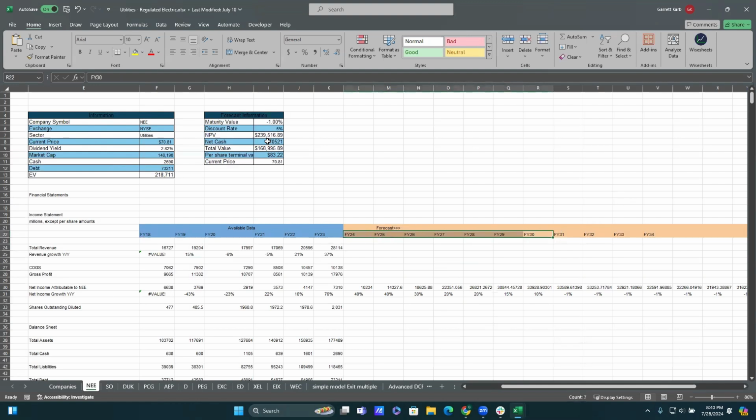at fiscal year 30. So let me change the color just to make this a little bit more viewable. So that's my forecast. Okay, so I forecast up to fiscal year 30. So in that 6 year period, remember